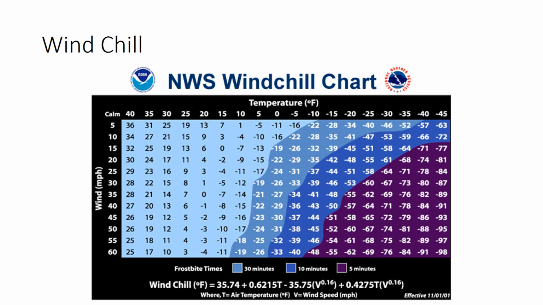The National Weather Service has actually come up with a pretty good way of relating wind speed to how the air temperature feels, and it's using this chart right here. To figure this out, you would get what's called the wind chill equivalent temperature. So let's say the temperature outside is 15 degrees, and let's say the wind outside is 20 miles per hour. To find that WET, what I recommend doing is starting at 15